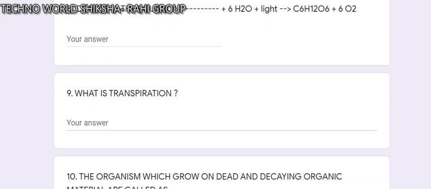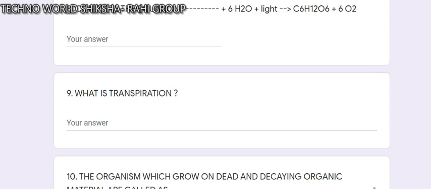Now we are moving to our question number 9. What is transpiration? You know that plants continuously take up water from the soil, but they actually need a very small amount of water. So where does the rest of the water go? That rest of the water comes out in the form of drops from the plant. So transpiration, what is